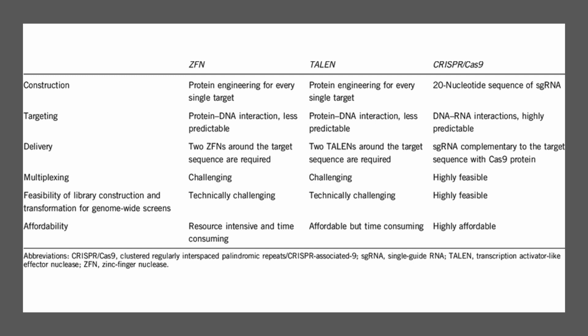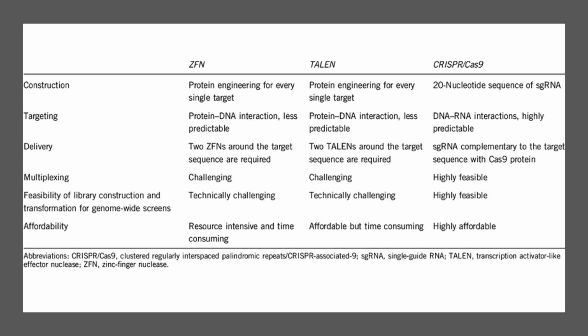For targeting, ZFN and TALEN have a protein-DNA interaction, which makes them less predictable, as I talked about before. But the CRISPR method makes a DNA-RNA interaction, which makes it highly predictable. So we can predict what happens during the editing and after the editing. For the delivery, for TALEN and ZFN, two molecules, two ZFN or TALEN, need to be around the target sequence. But for CRISPR, a guide RNA complementary to the target sequence with Cas9 protein needs to be there to